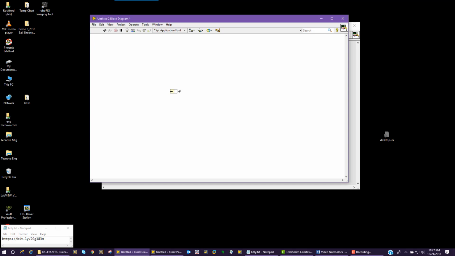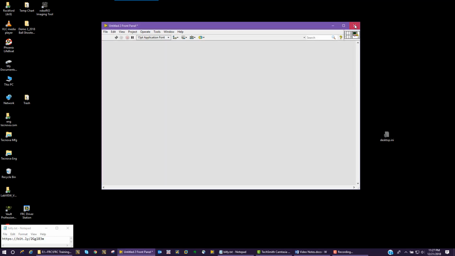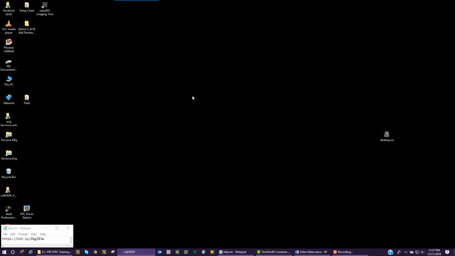So if you find that you are moving from computer to computer, like you're working at the school computer one day and on the robot computer the next day, and you want your settings to go with you, there's a file called the LabVIEW.ini file that's located where the LabVIEW executable is, and you can copy that file and bring it with you from computer to computer, and I'll show you where that's at. So I'm going to close LabVIEW here,